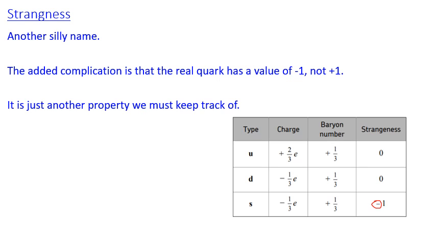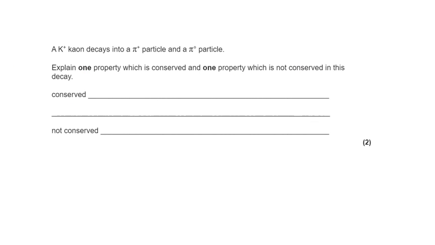And really, from your point of view, it's just a property. I know we give it a number and people call these quantum numbers, but it is a property. Things with that number behave in a certain way, and we just need to keep track of that. So a typical question might be, based on what I've just told you, a K plus kaon, which you should